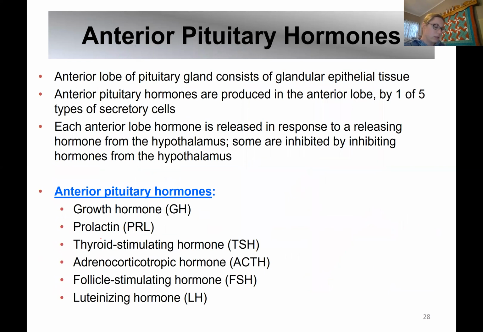Okay, so looking just a little bit more specifically at the anterior pituitary, made up of glandular epithelial tissue. You'll see that's a little bit different than the posterior. And the anterior pituitary produces hormones in one of 5 different types of secretory cells. So for example, corticotropes